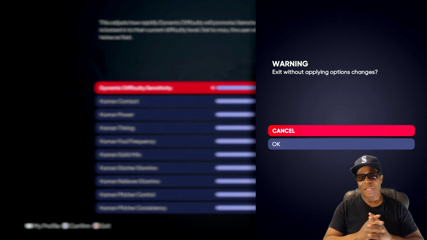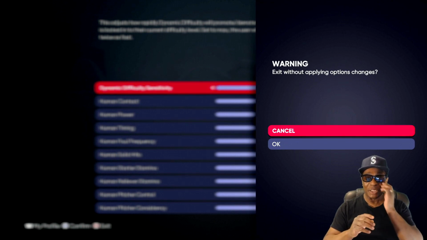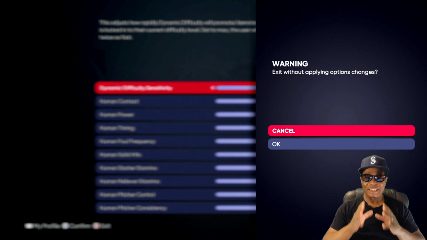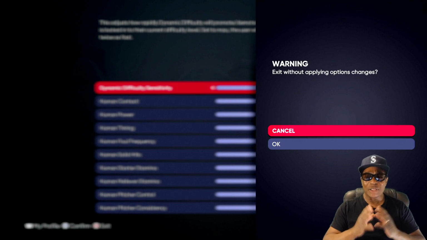But I want to talk about MLB The Show sliders. The reason these sliders are so different from any other game's sliders is that MLB The Show developers are focused on simulation. They are focused on realism.